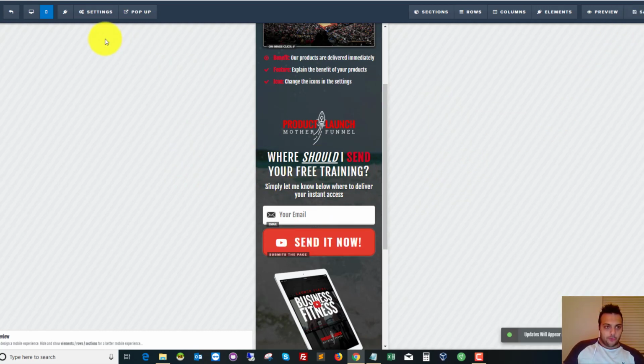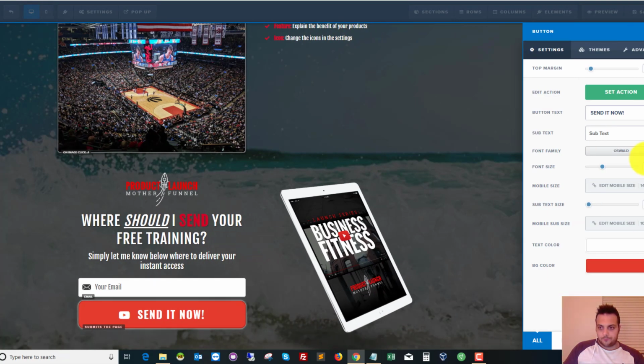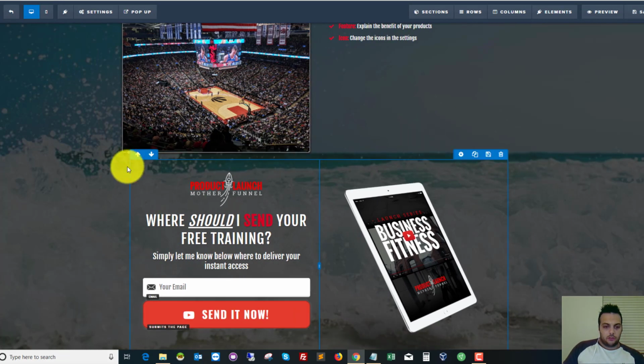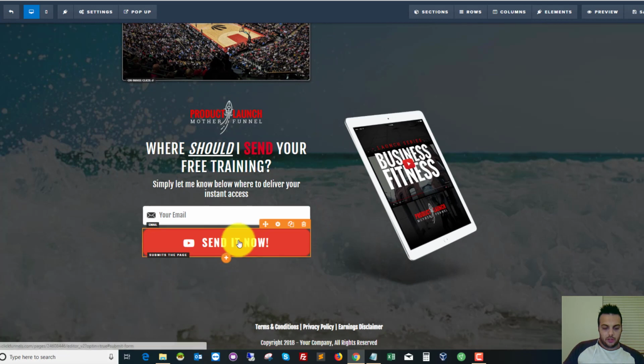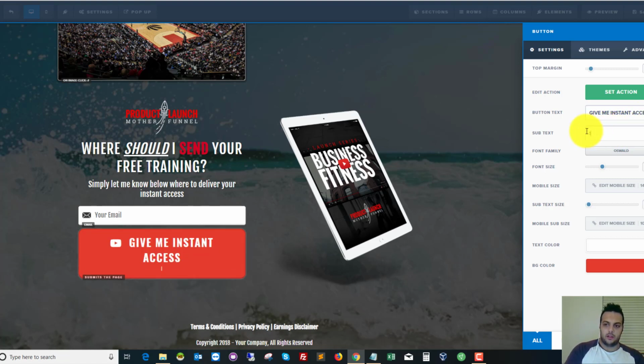So that works the same for buttons as well. So I'm just going to switch to the desktop and going to change the button wording. So to change the wording on the button, it's the same as all elements. So you just click the gear icon and then you just read what each of these options are. So the button text is send it now, which is the main text. We're going to send give me instant access, and then say